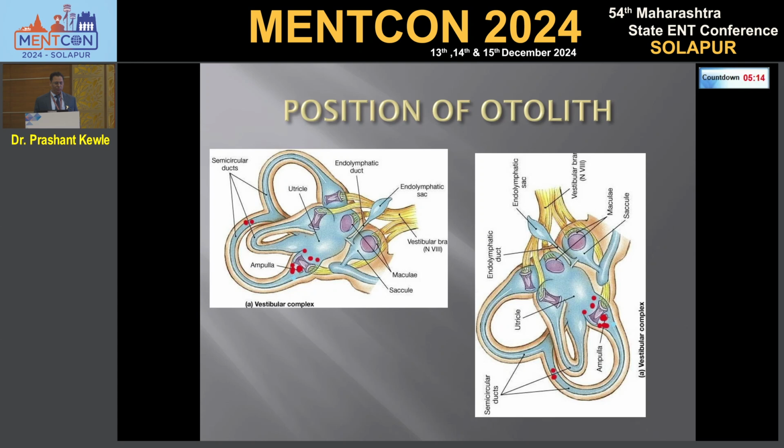Now the fifth one. Fifth is particles at the crus commune. You take the patient down. Now where are the particles going? Toward the ampulla. So it is inhibitory nystagmus. So on taking Dix-Hallpike, instead of right beating, you get left beating nystagmus. You know particles are in the posterior canal, but they are at the crus commune. And when you get the patient up, you get reversible nystagmus, that means toward the right side. So it is very important to understand the Dix-Hallpike maneuver: 5 different positions, 5 different interpretations. You have 5 different ways of removing these particles.